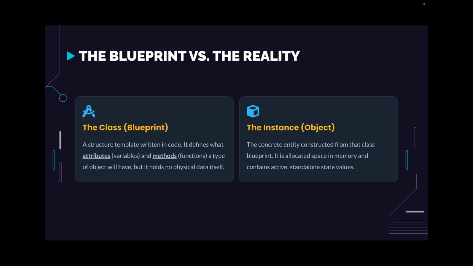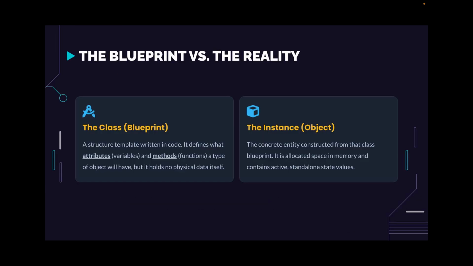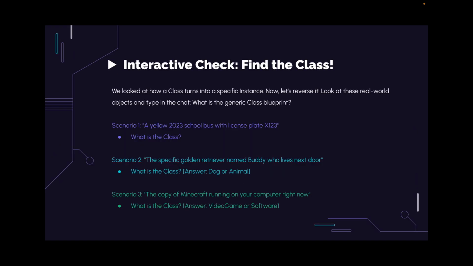The object is a concrete entity constructed from the specific class blueprint, and its allocated space in memory contains active standalone state values. So we looked at how a class turns into a specific instance. Now let's reverse it. Look at these real-world objects and think to yourselves, what is the generic class blueprint? So essentially, we are taking each of these scenarios and trying to model them with a class and object